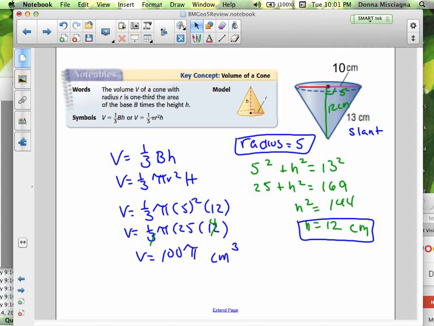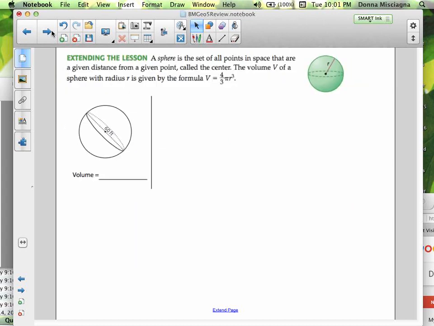I have one last figure for us to find the volume of. I think it's the easiest of all because it has only one dimension, and that's the sphere. Okay? You can be given the radius, you can be given the diameter. That's about it. All right, so a sphere is a set of points in space at a given distance from a given point called the center, and the volume of a sphere is that formula up there,